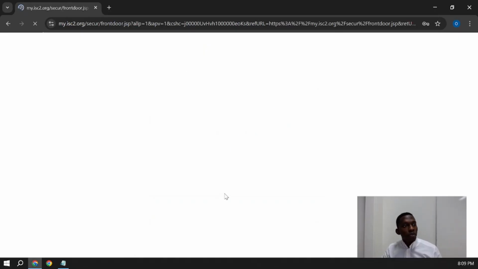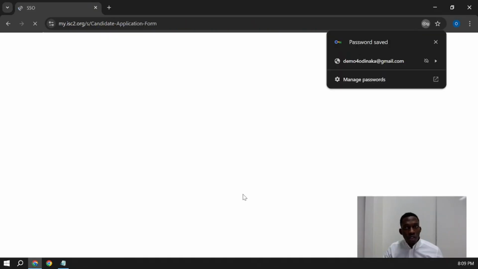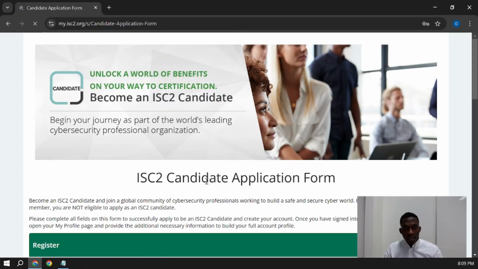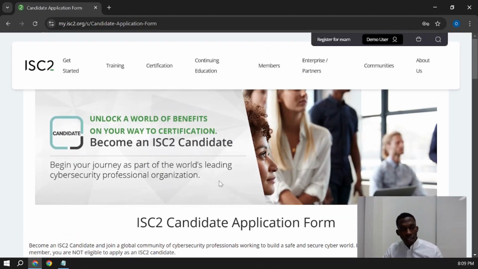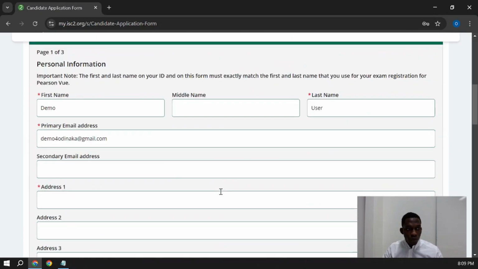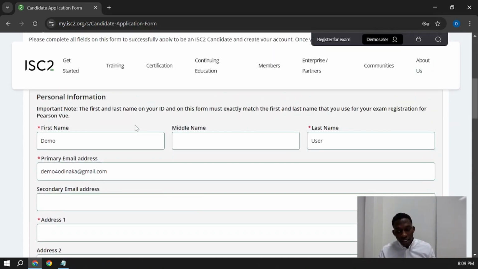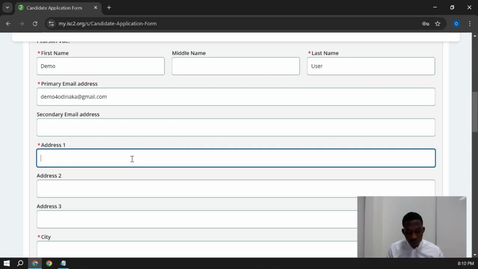So I'm going to be walking us through the whole process. I won't be leaving anything behind. Now this is the next step, which is the application form. Now we are going to fill this application form, right? We are going to fill it now, and we are going to fill it again when we are about to schedule our exam, right? So it's going to be 2 application forms, but let's work together, right? We can put